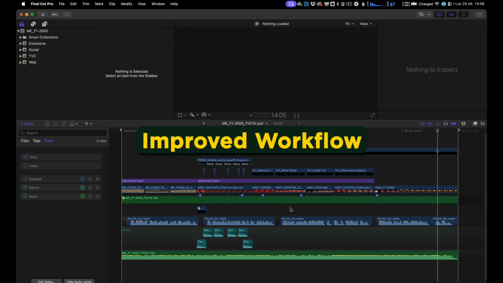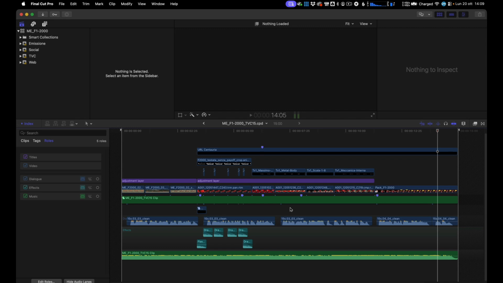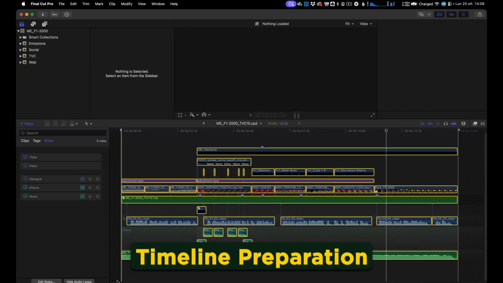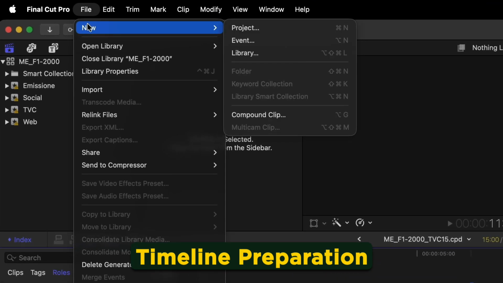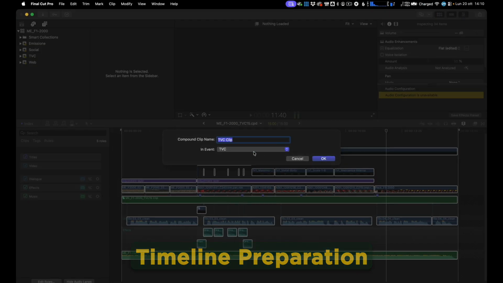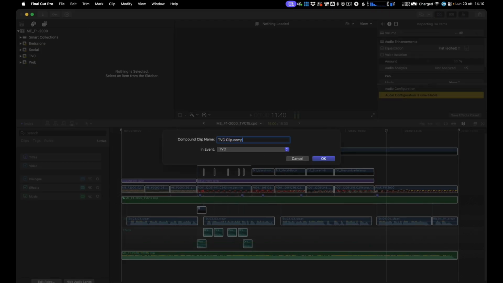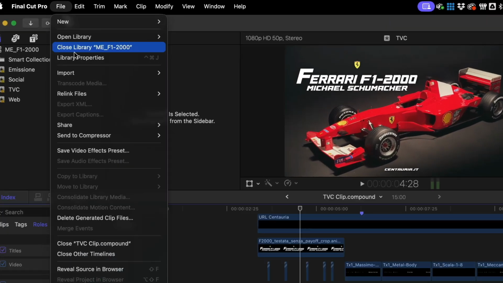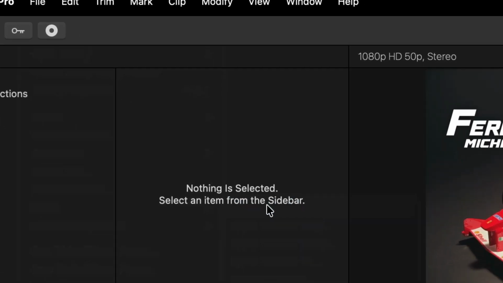The new version of FCP AutoDuck significantly improves the workflow for automatically lowering volume when needed. This tutorial describes the main steps for exporting tracks, using AutoDuck, and updating audio files while keeping the project organized and easy to edit. In your project timeline, select everything and choose File, New Compound Clip from the menu. This compound clip represents your project. As before, export this compound clip's audio as separate roll files.